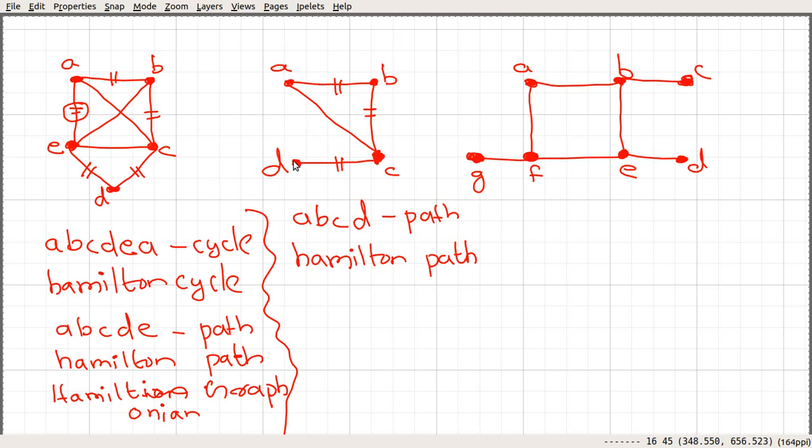One reason is that if you look at vertex D, the degree of that vertex is 1. So if a graph has at least one vertex of degree 1, that graph definitely will not have a Hamiltonian cycle. Here this corresponds to a Hamilton path, but this graph doesn't have a Hamilton cycle, and because of that this graph is not a Hamiltonian graph. It's non-Hamiltonian.